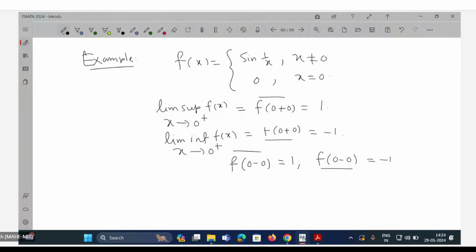here the limit exists and is finite. That means f is bounded in some neighborhood of 0. Actually, f is bounded in each neighborhood of 0 in this case because you have the sine 1 by x function. So what type of discontinuity do you have? It is called oscillatory discontinuity, or finite oscillatory discontinuity you can say as well. So x equals 0 is a point of oscillatory discontinuity